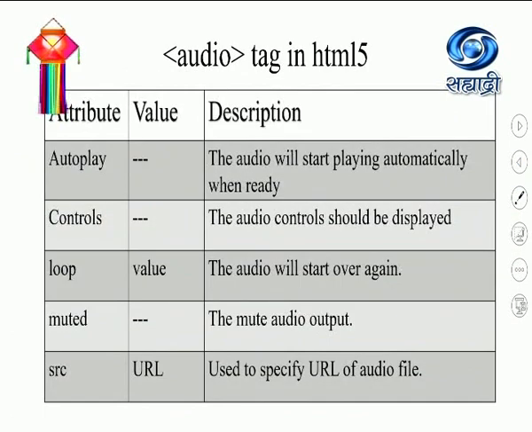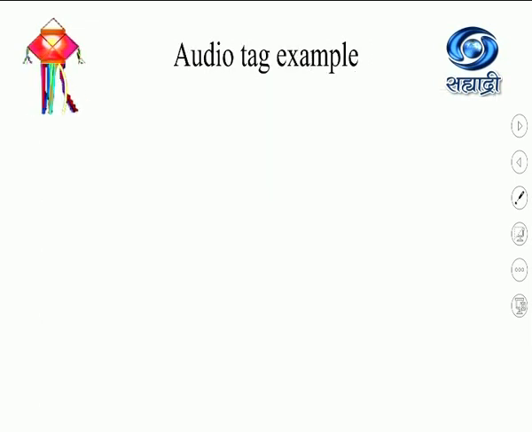So here let us see which are the attributes for the audio tag. These attributes are also very important for the multiple choice questions with 3 correct or 2 correct answers. So autoplay will play your audio file automatically without any of the user's interaction. Controls will show you the controls, forward, reverse, all the slider it will show. Loop will play the audio again and again. Muted will mute the audio output. User needs to unmute to hear the sound. SRC, as we have just seen, is used to specify the URL of the audio file.